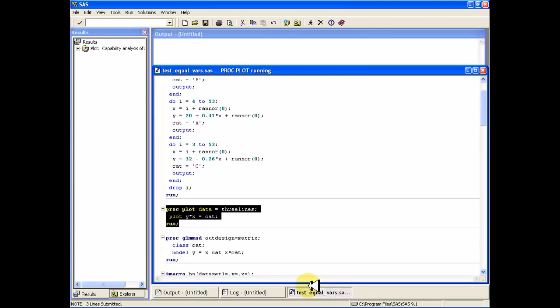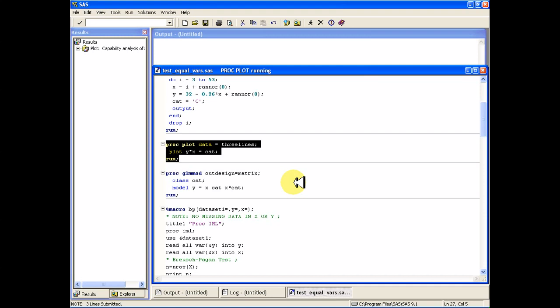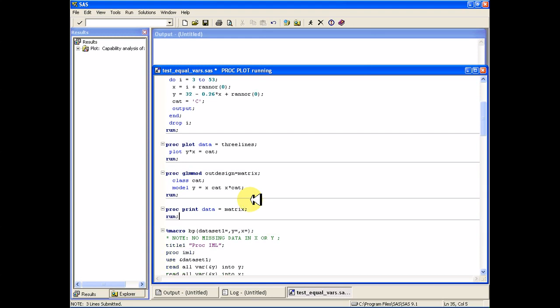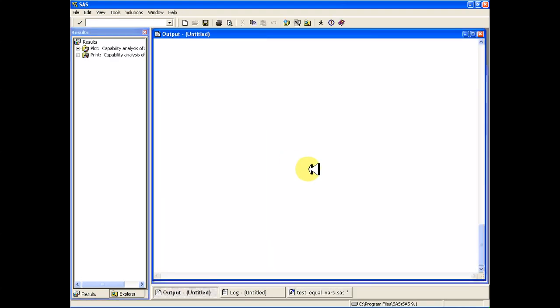So let's suppose we have already run proc glm mod to get our design matrix. So if you want to print this out, matrix, then you can see what it looks like. Because I've run the X, the category, and the X by category, we should get a whole bunch of variables in this